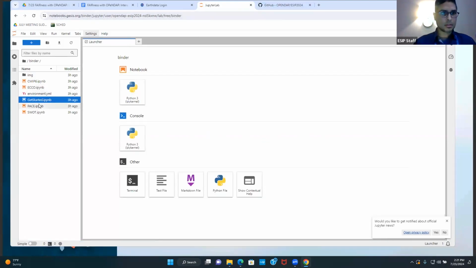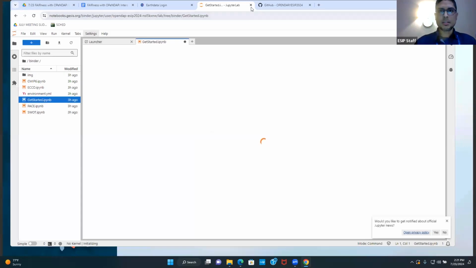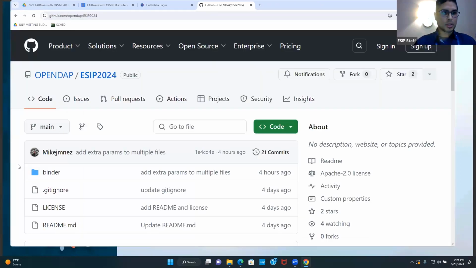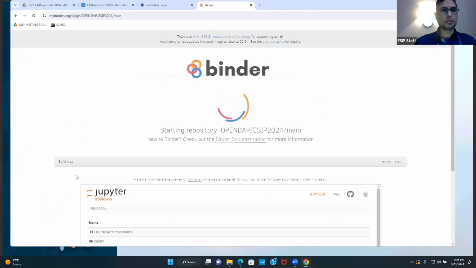Let's see if it, I'm gonna try to open it before I trigger the build. I think that happens sometimes with Binder. I'm gonna close this and then trigger the build again, and that would buy some time for the people as well. It should take about a minute, maybe less. And then again, for people